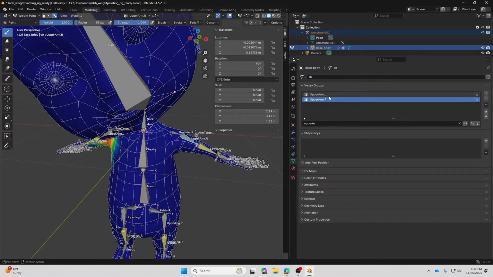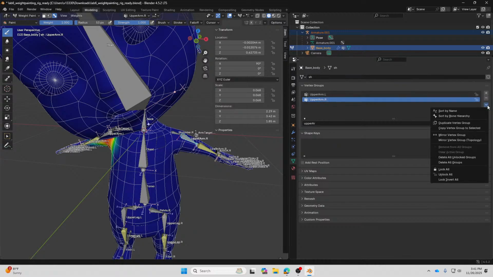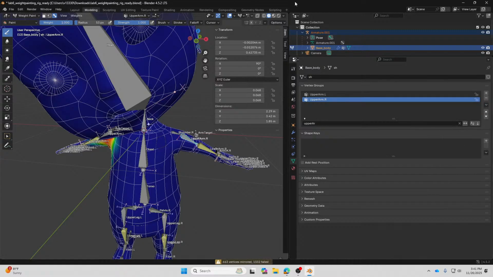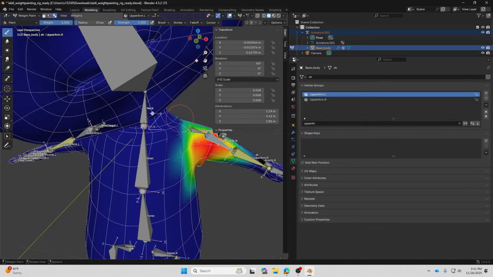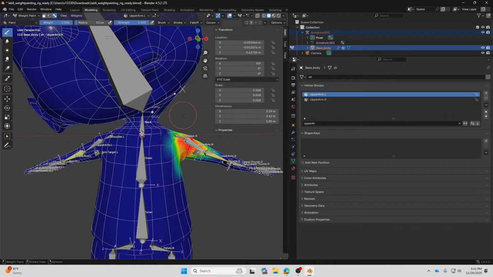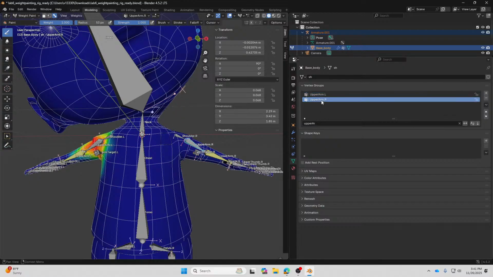Yes, because I haven't mirrored it yet. So upper arm R, mirror vertex group topology. And if I click on this now, I should be able to see upper arm L. Yeah, upper arm R.